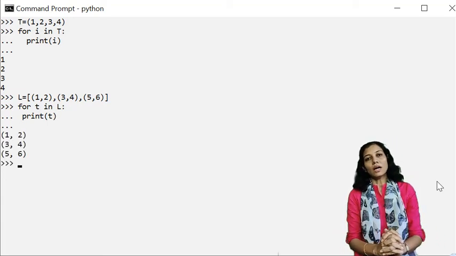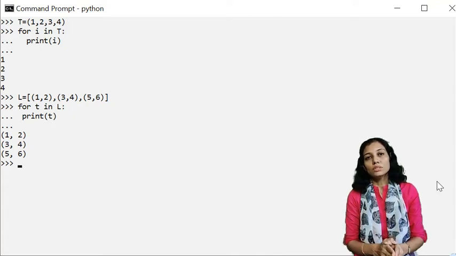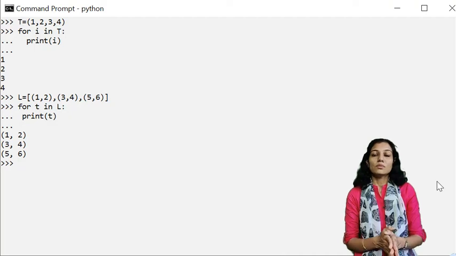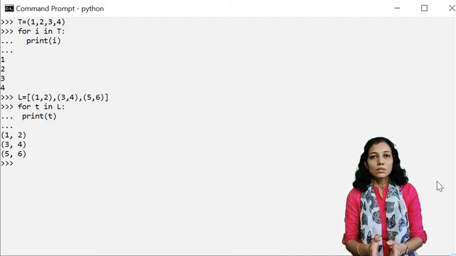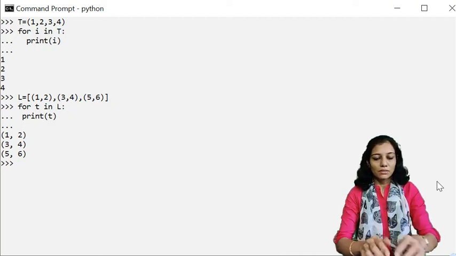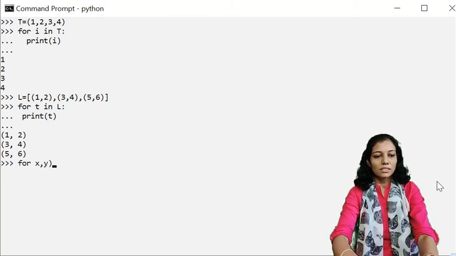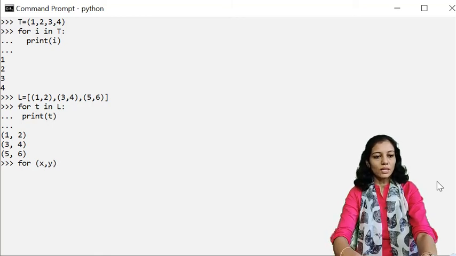Now we will see how to use the concept of tuple unpacking, where we iterate over a list whose elements are tuples themselves. So here for x and y, these are the tuple elements. You can skip the brackets as well.